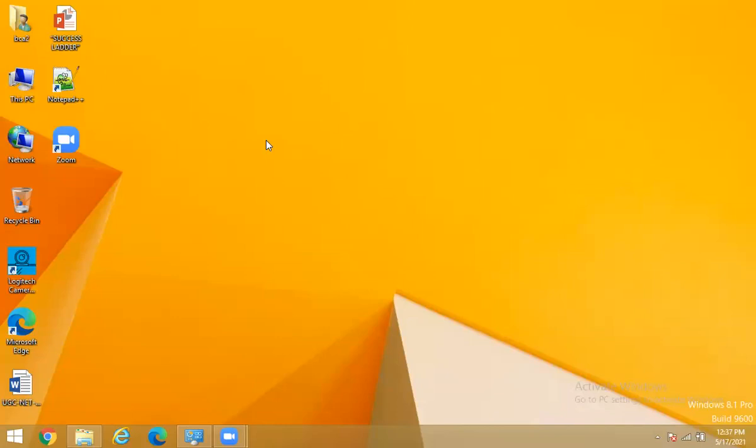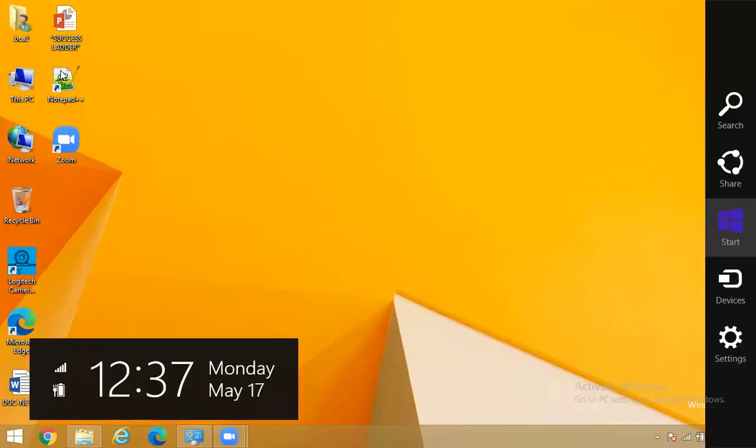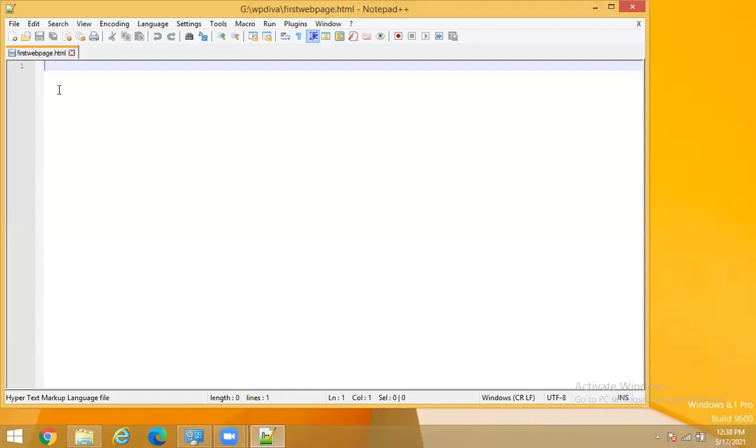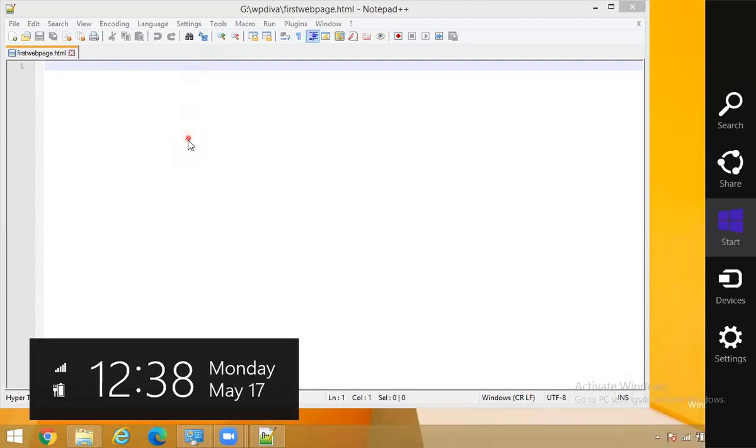When I install it, it will appear on my desktop. Once I click this Notepad++, you can see the location is C program files Notepad++. This is the main screen of your Notepad++.